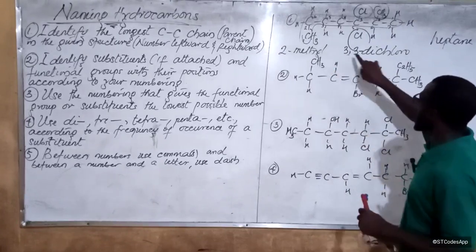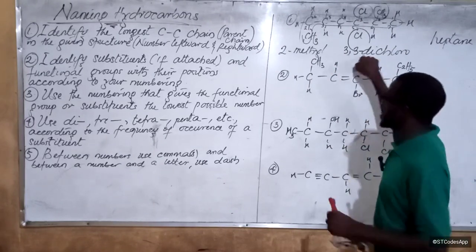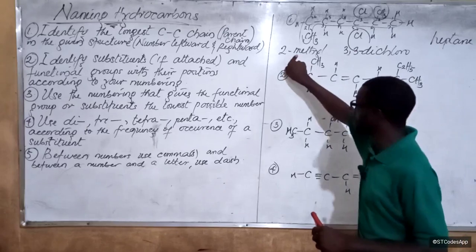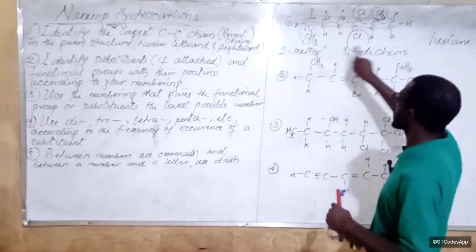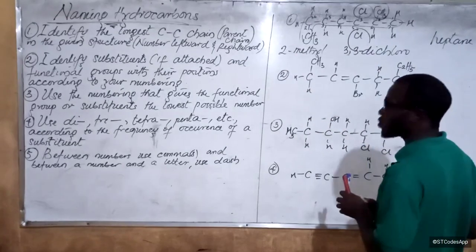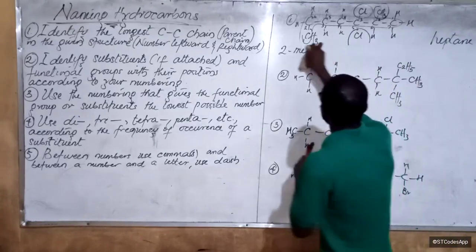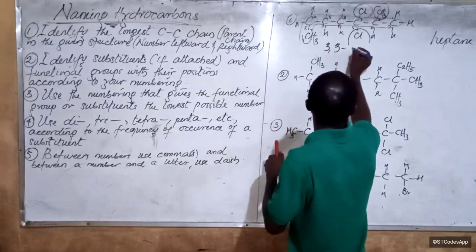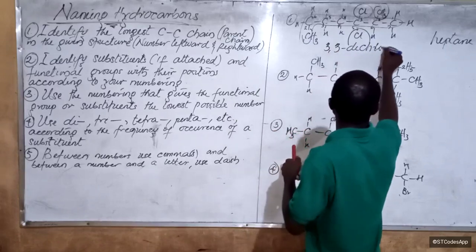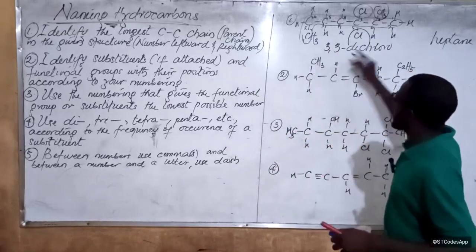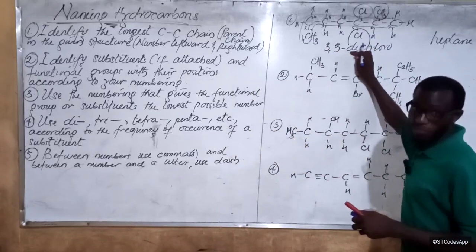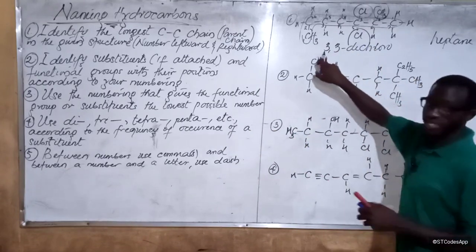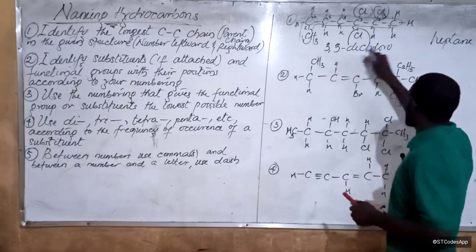So what we do is check the first letter. The first letter here is a D, and the first letter here is an M. So which one comes first? This comes first. So the name of the molecule will therefore be 3,3-dichloro. So this shows that di means that whatever you write here as a prefix must be how many numbers you have here. Is that okay? All right. So dichloro,